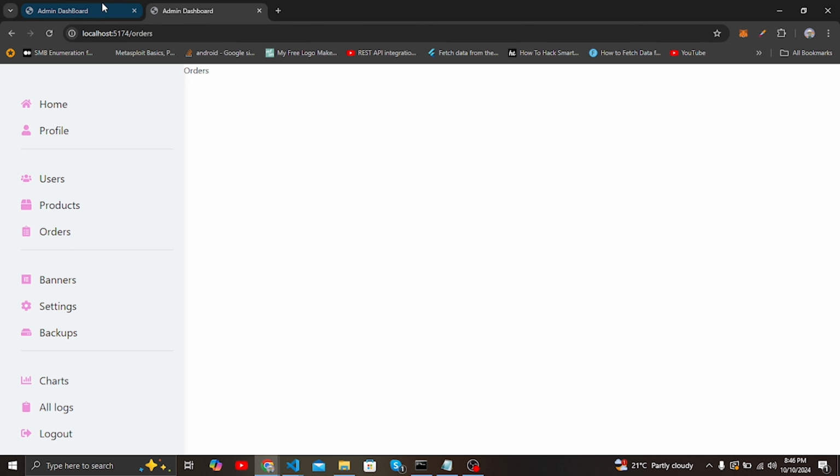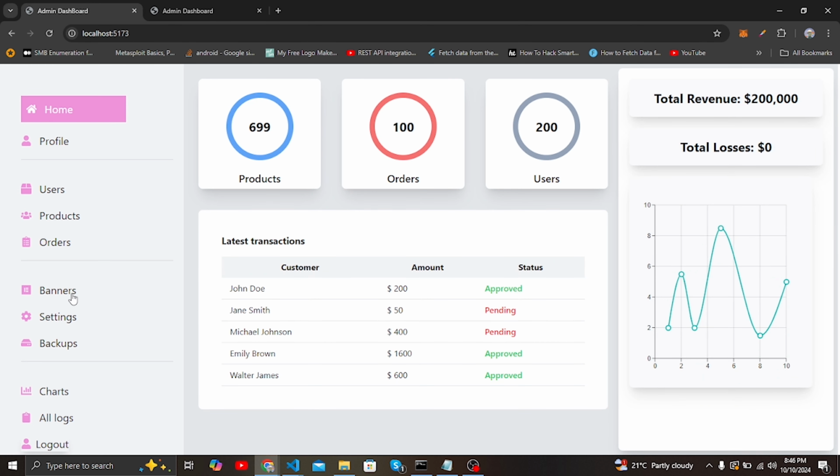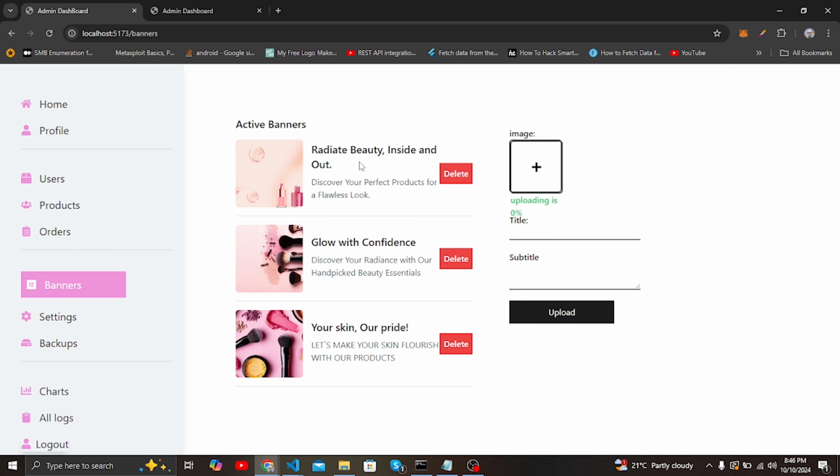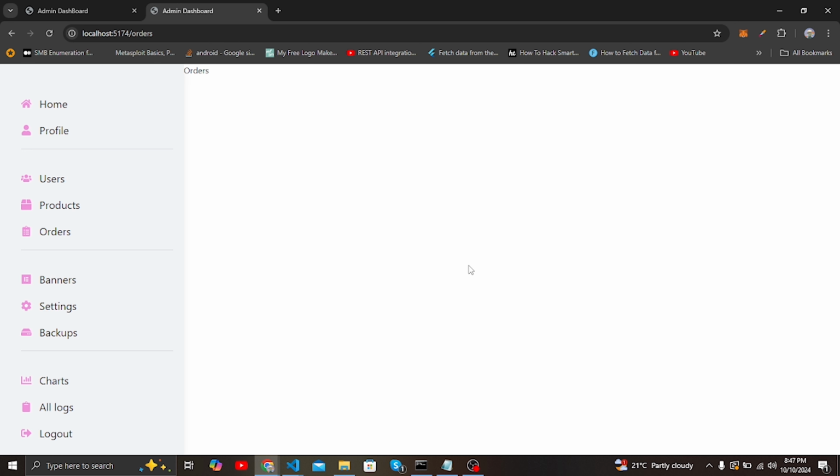If you come here to this other project that we use for demo and click on the banners, you can see on the right here we have the banners that we already have in our database, which are being displayed on the website. And here also we have where you can select the image for the banner, and then you can also add the title and the subtitle. So the title is this one here and the subtitle is this one here. So let's do that. But before that, I want to do something else, and that is pushing my code